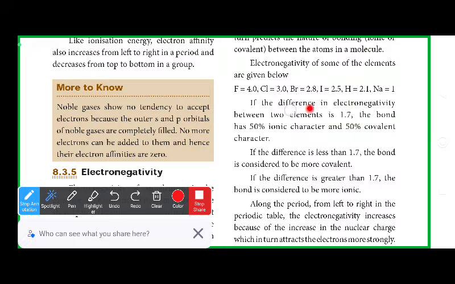If the difference in electronegativity between the two elements, subtracting the two elements, is 1.7, the bond has 50% ionic character and 50% covalent character. If the difference in electronegativity is 1.7, it is 50% ionic and covalent character. If the difference is less than 1.7, a covalent bond forms. If the difference is greater than 1.7, it forms an ionic bond. Okay,